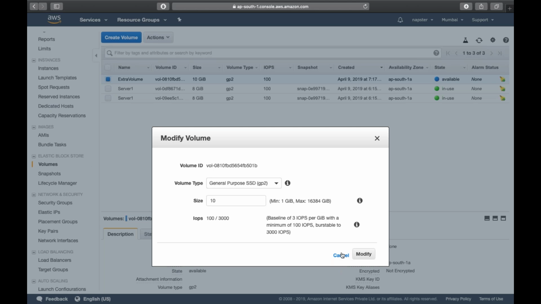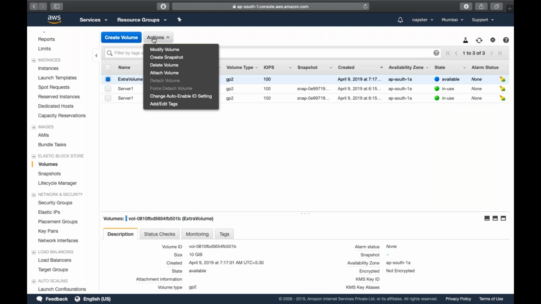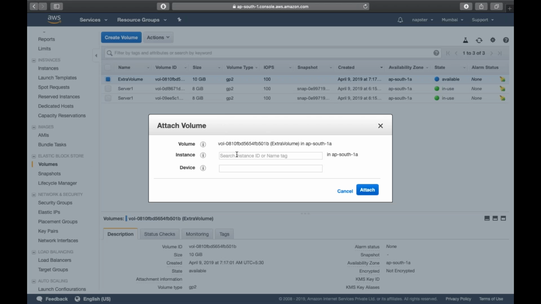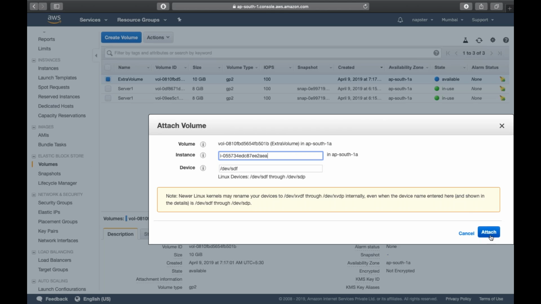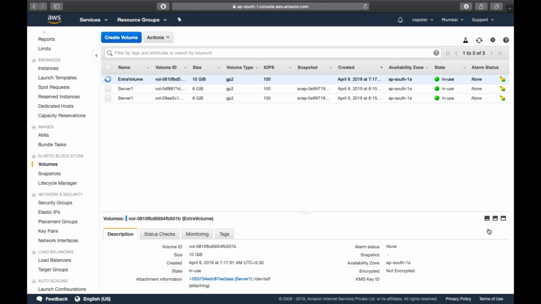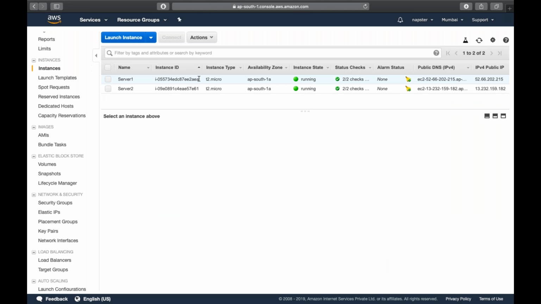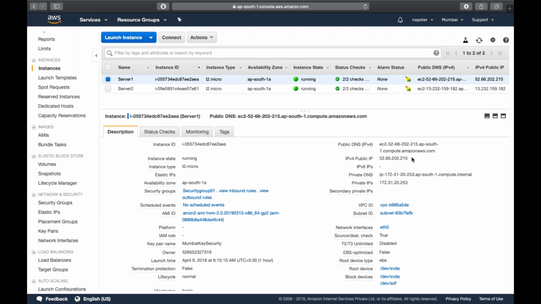Okay, so in this way you can modify, and to attach that volume you simply click on Action, Attach Volume, and in the instance field you will see both of the running instances. So let's attach to server 1, that is the instance ID of server 1 running, and click on attach. That's it. Now to check whether it is attached or not, just copy the public IP of server 1,